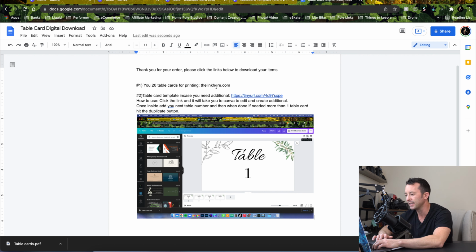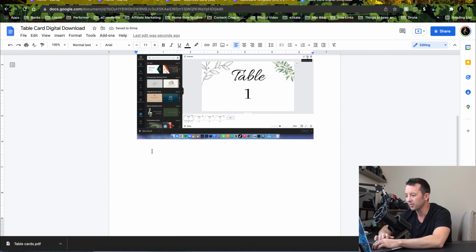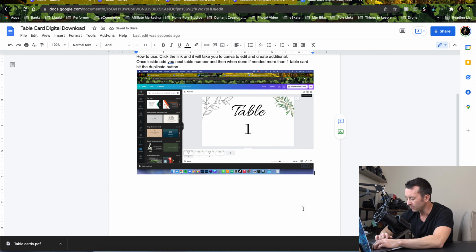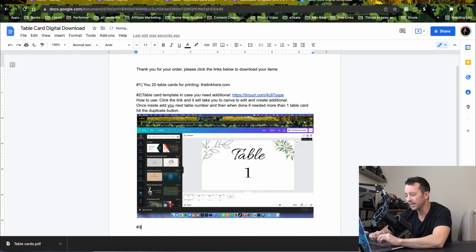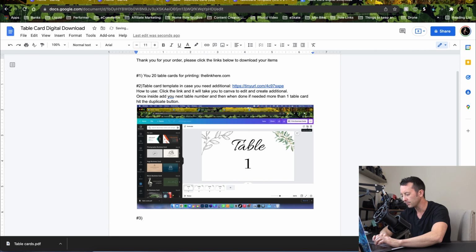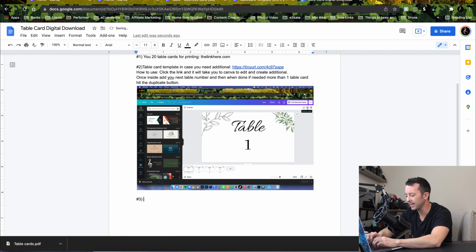So they're getting the download link to their 20 cards that you've already done. We created a little table card template just in case, so they can have this. And then number 3, we want to have some thank you kind of stuff. So number 3 is that you are going to have a coupon code. Thank you for your business. Thank you. Here's a coupon